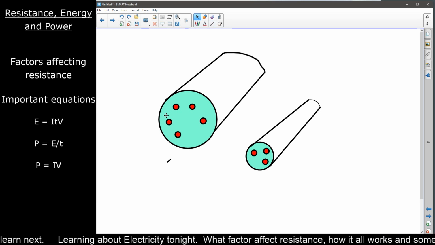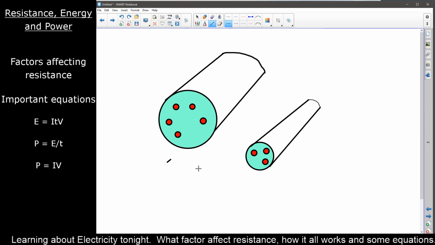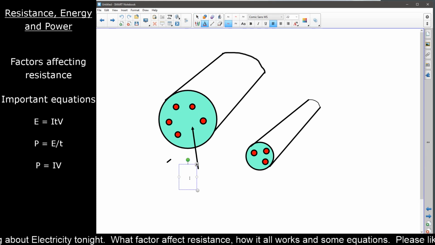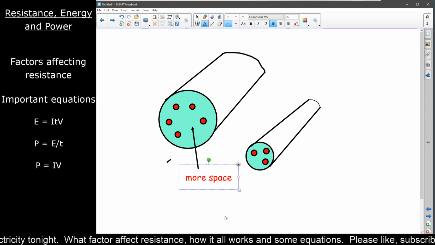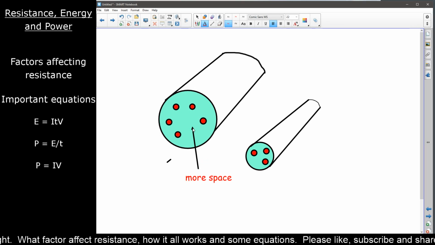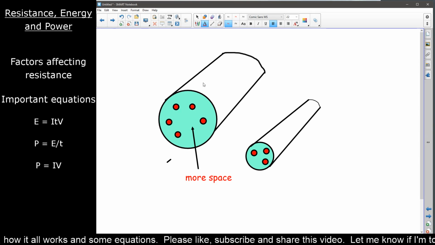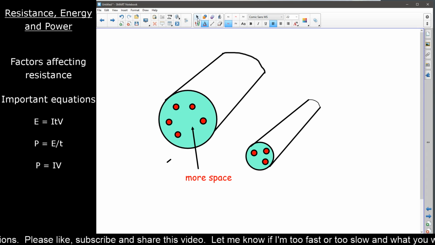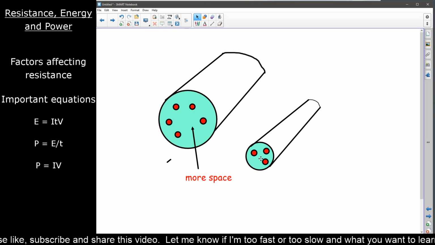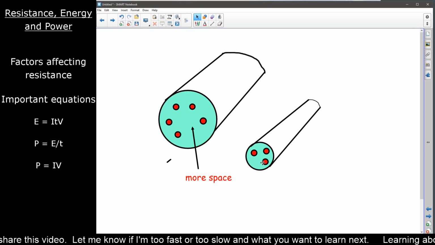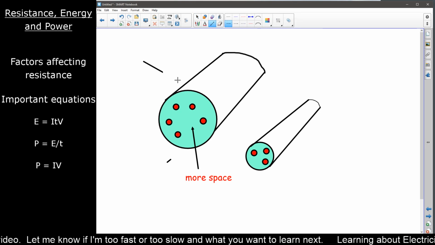Now I'm hoping the answer is obvious from my diagram: this diagram here has, yes, more ions, but it has more space in that one. There's much more empty space compared to ion space. If you were to do the ratio of them, this is like 1, 2, 3, 4, 5 ions, but a huge, vast empty space. Remember from your chemistry, most of the atom is empty space. So yes, you're increasing the number of atoms, but you're vastly more increasing the empty space. Whereas in this one, you've got 3 ions, but you don't quite have the same proportionate size of empty space. So the thicker wire